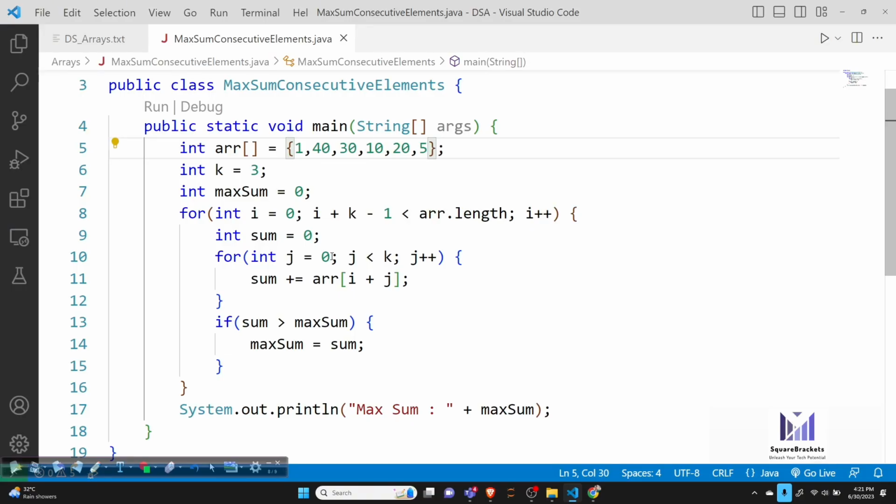So what I am going to do here, array of 1 plus 0 is index 1, that means 40. Then it becomes 1 plus 1, then 1 plus 2. Then it becomes 2 plus 0, 2 plus 1, 2 plus 2. Then it becomes 3 plus 0, 3 plus 1 and 3 plus 2. This is how it will be executed. So this is the naive approach of maximum sum of k consecutive elements.